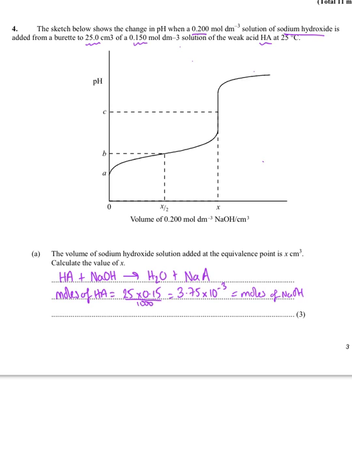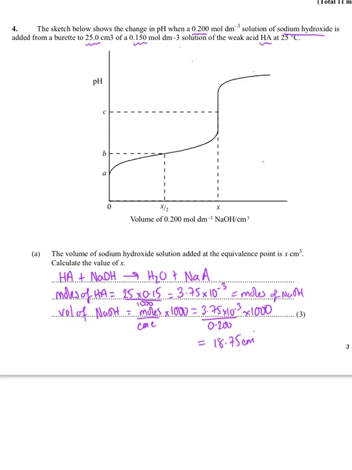So the volume of sodium hydroxide is going to be equal to the moles divided by the concentration times 1,000. And the concentration was 0.2. And that gives an answer of